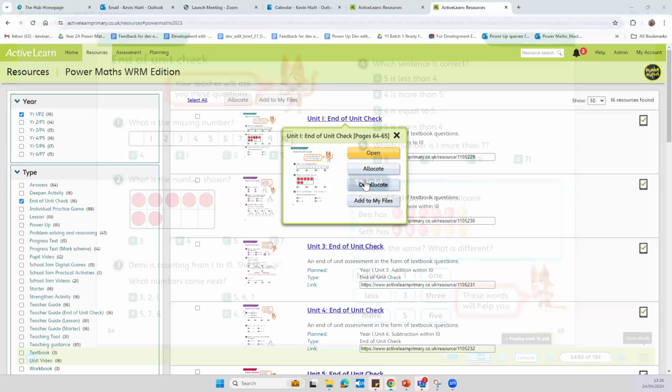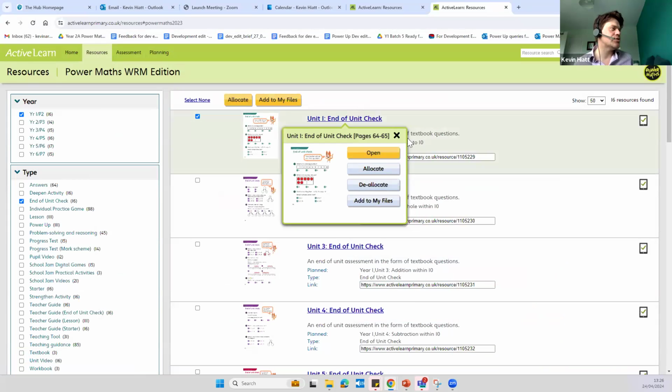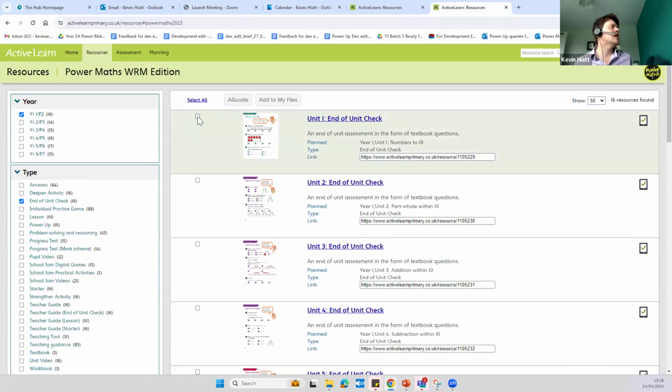Then there's also a separate assessment pack, which includes tests for, I think, years 1 to 6, which are slightly more formal assessments. Unfortunately, that's not part of the subscription I've got set up here, but that's paper-based anyway. There are samples on the website, and I think we can share the link to them.